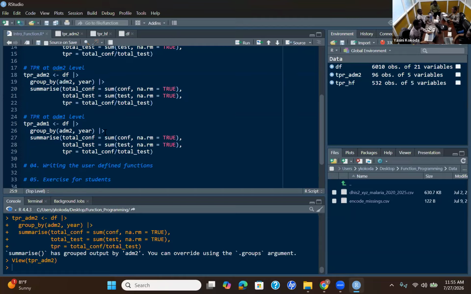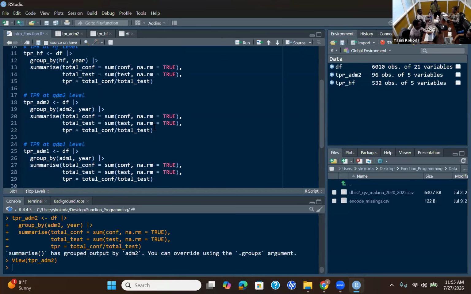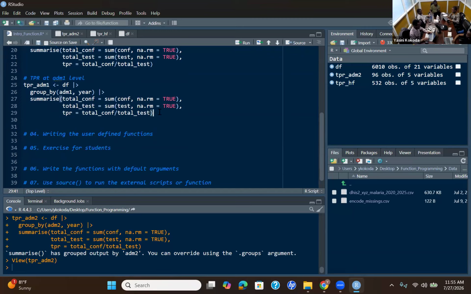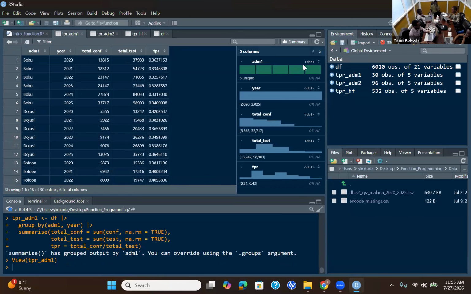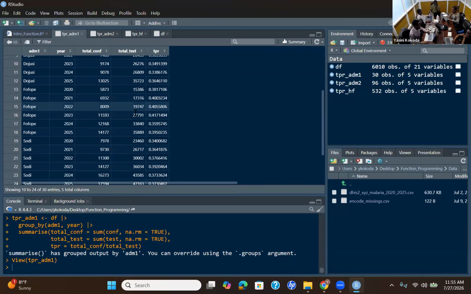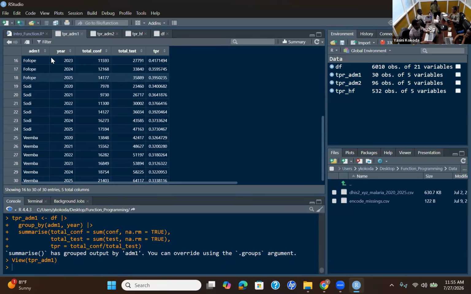You can see this copy pasting and modification is easy to forget. And it's also boring, copying, pasting. Imagine you have 10 administration levels and you want to do the same thing. If you run this, it will produce another data frame at admin 1. You can see the admin 1 is big. You can see the total cases and tested are even more compared to the lower level, which makes sense.